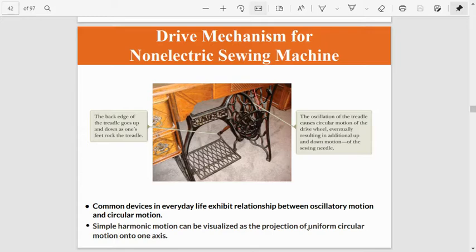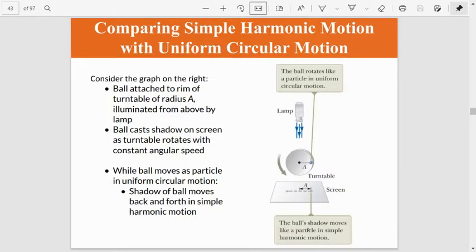So to make that example a bit more clear, imagine that you have a ball attached to the rim of a turntable, and this turntable is picked up and flipped on its side so that the top part of the turntable is now facing you, and there's a ball attached to the rim there, and it's rotating. So it rotates like the needle of a clock. In this case, though, it's rotating counterclockwise, and